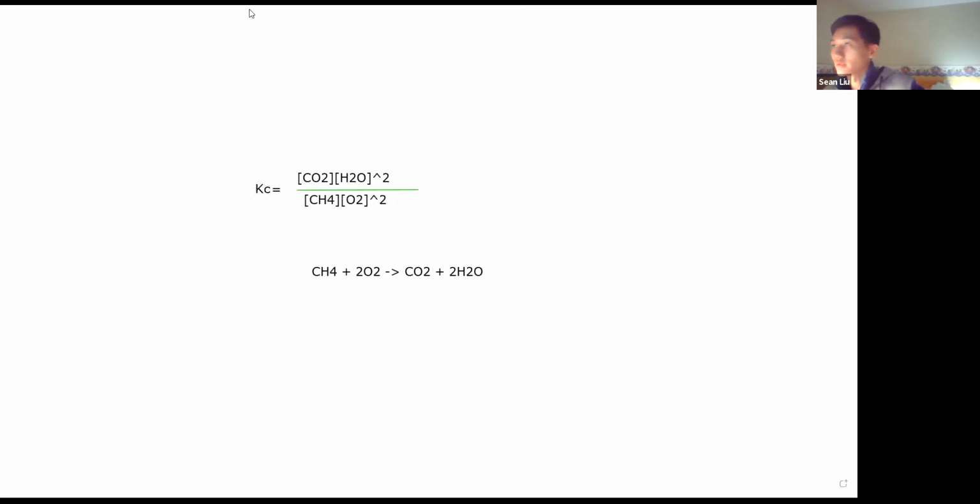Another version of K would be Kp, which I think is more applicable in this case because Kp is dependent on pressures. So it's going to be an equilibrium expression, but for pressure. So it's going to be pressure of CO2, multiplied by pressure of H2O squared. And then here is pressure of CH4, and then pressure of O2